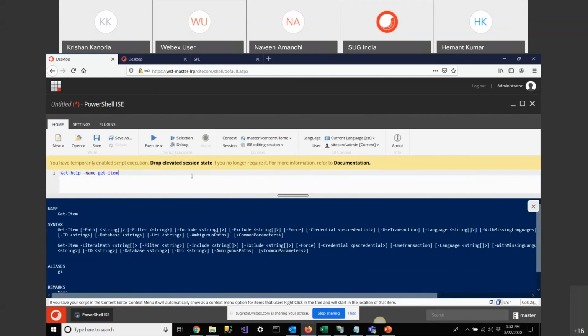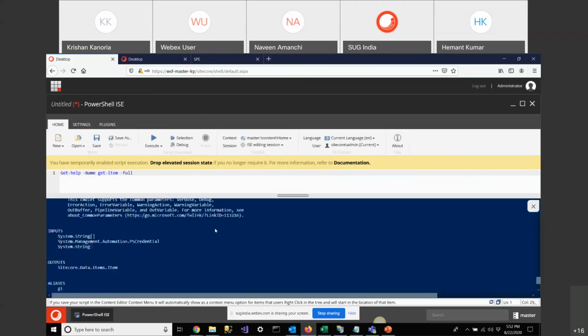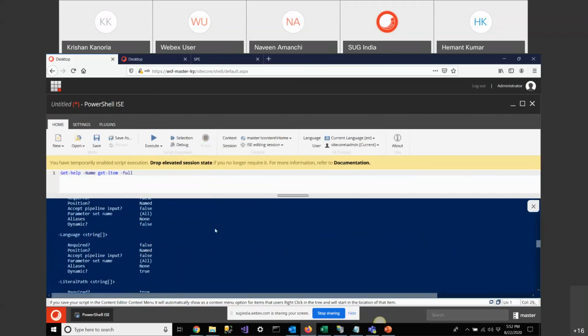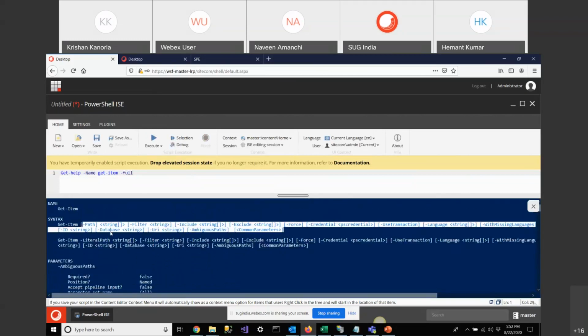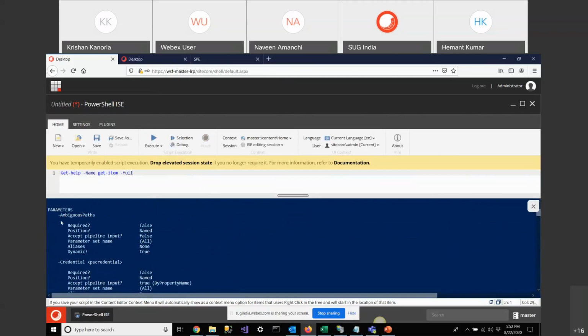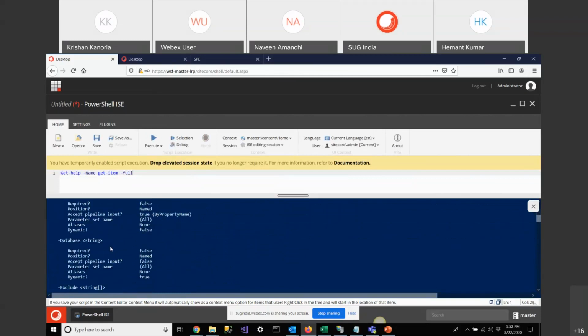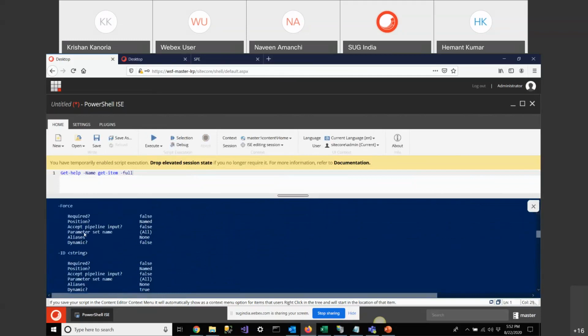Apart from this, suppose I provide full and execute this. Again, this will give me everything about this get item. With the syntax, you will have some information about your parameters, what kind of parameters, and their types you can use with this command. So this is very helpful to know about commandlets.